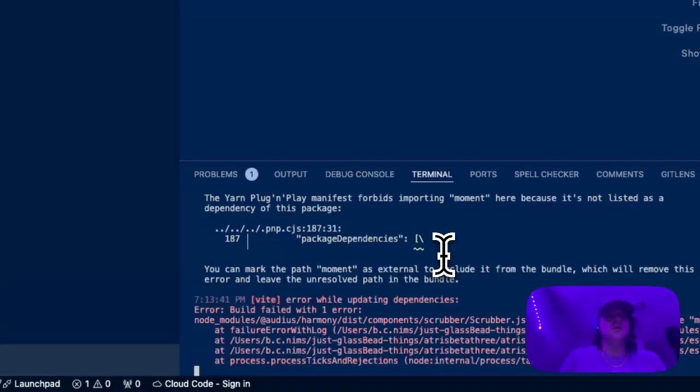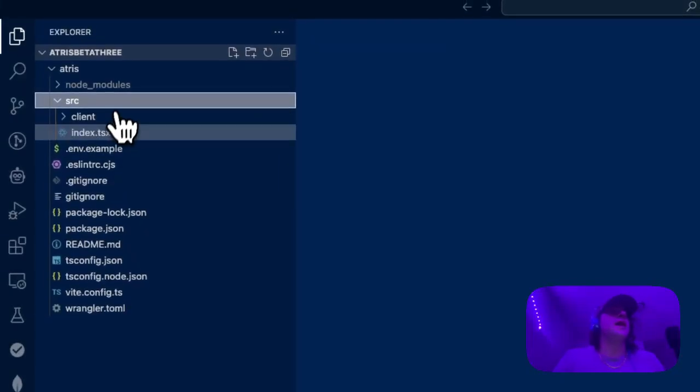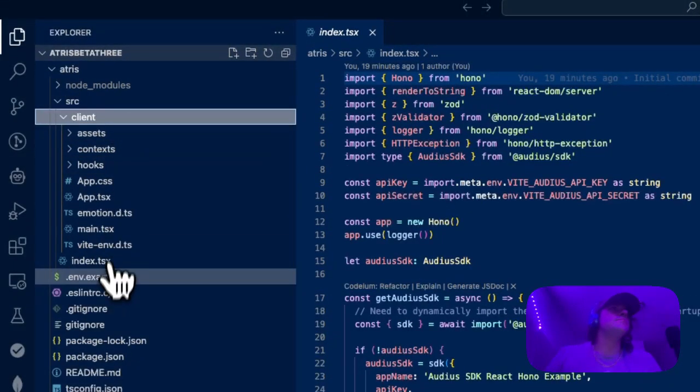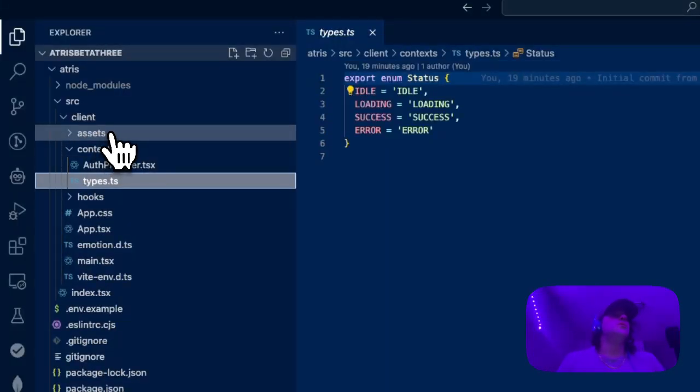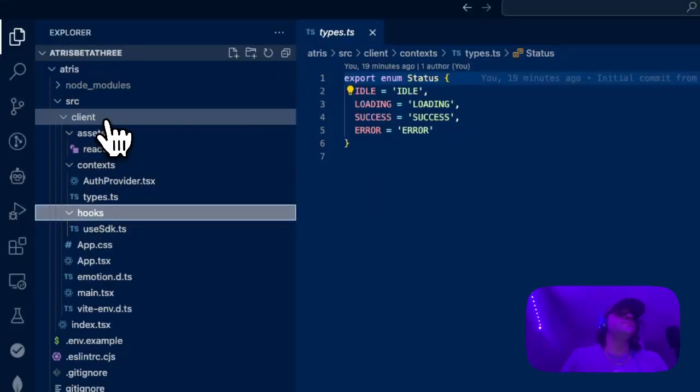And let's see, you can mark the path. Yeah, so at any rate though, I'll deal with that a little bit later. What I want to do now is, so we've got providers, we've got assets, we've got hooks. So what I want to do